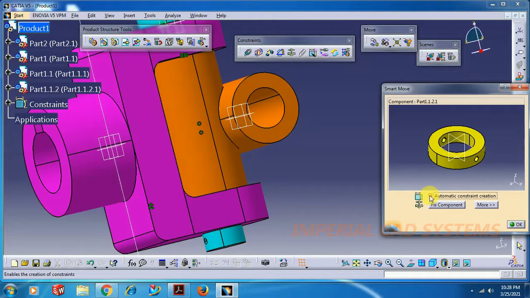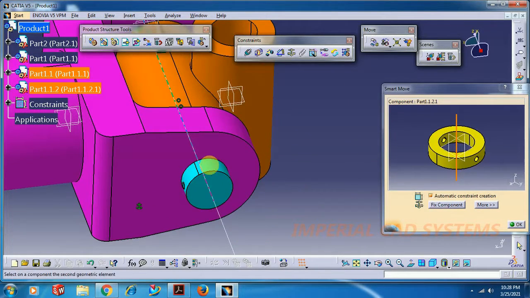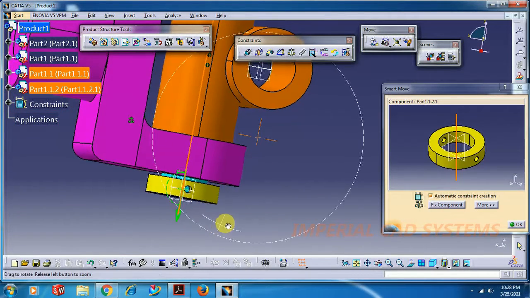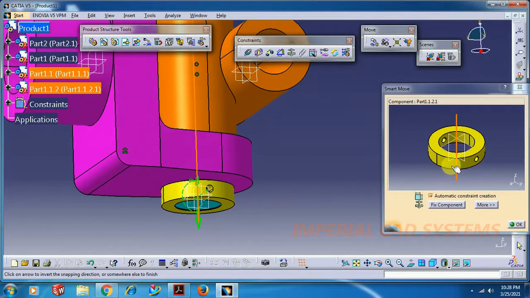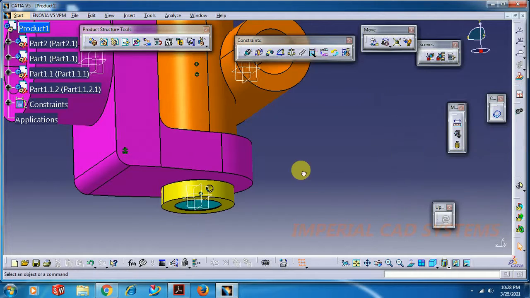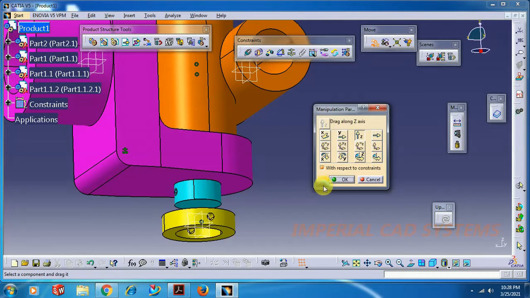Now directly keep this on so that constraint will be applied. Select this cylindrical surface and this cylindrical surface. It is moved to the position before it is called, and also it is constrained. You can reverse also. If you click this arrow, it will be reversed. Then go for OK. So it saves time.